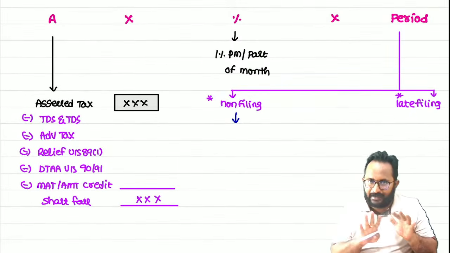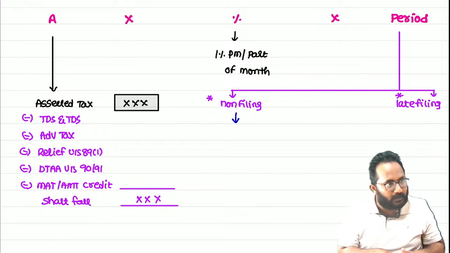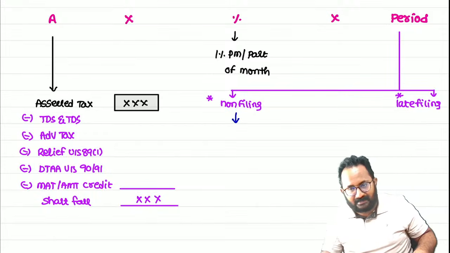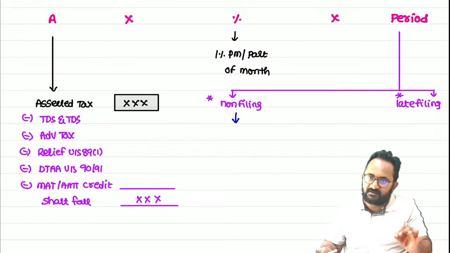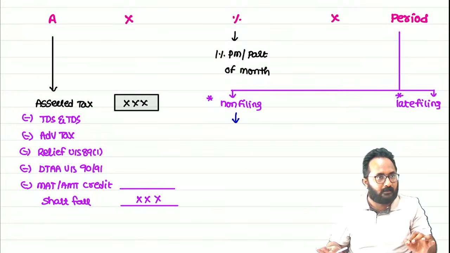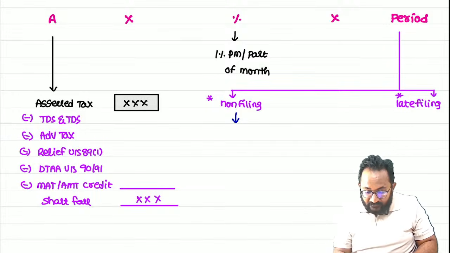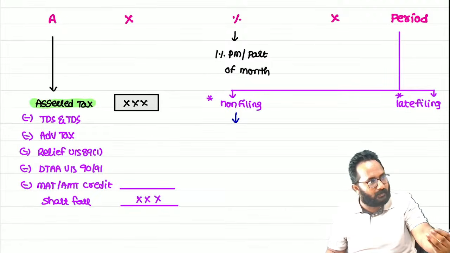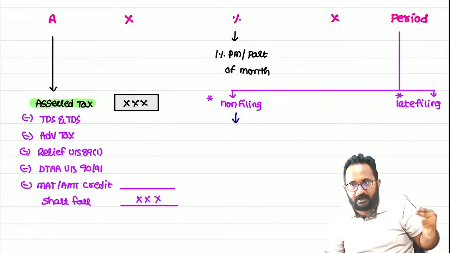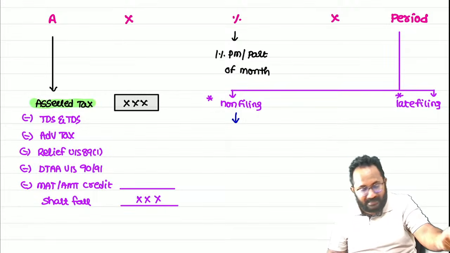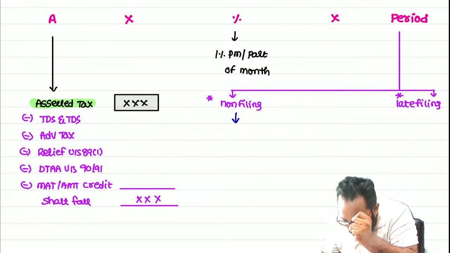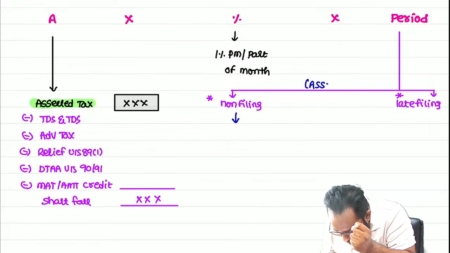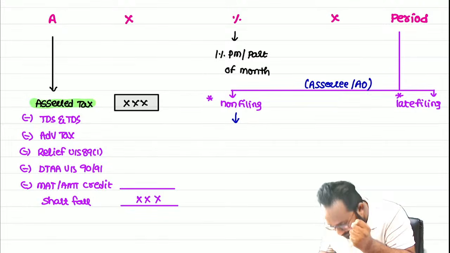Whether the AO calculates interest or the SSE calculates interest, the period remains the same. Again, I am repeating: what is the difference? SSE tax is different. Whenever SSE calculates, it is self-assessed tax. Whenever AO calculates, it is AO determined tax. But the period is the same for